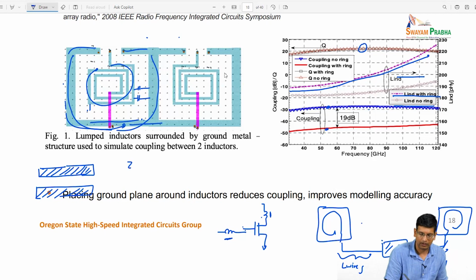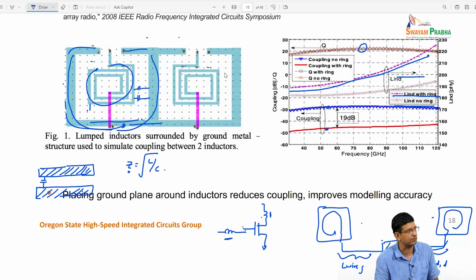So whenever you have impedance, it is square root of L over C, right? So by decreasing this, increasing this capacitor, you are effectively reducing the Z of your system, right? Which is effectively like saying that you have a smaller L in your system. So it can, if you put the ground plane very close to it, reduce your inductance that you see in